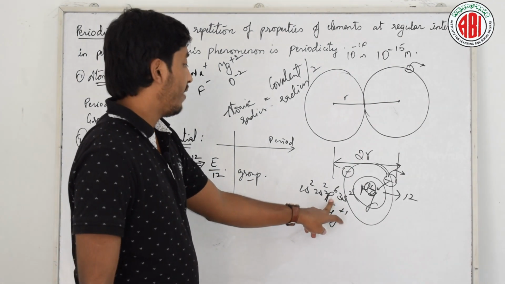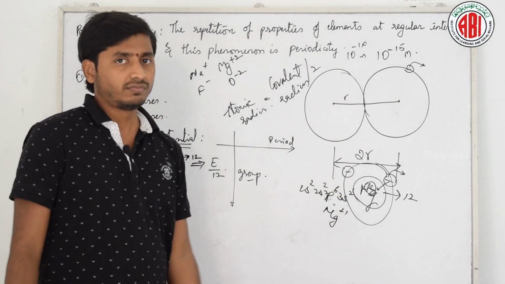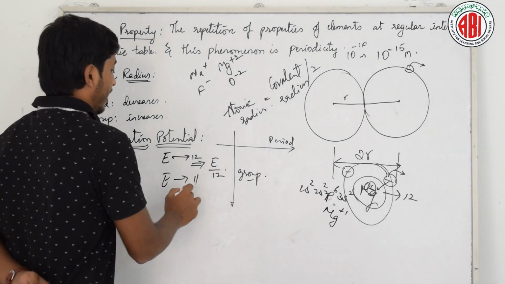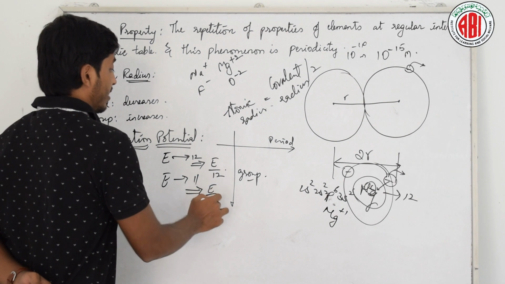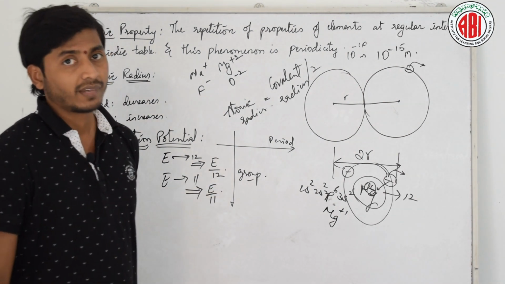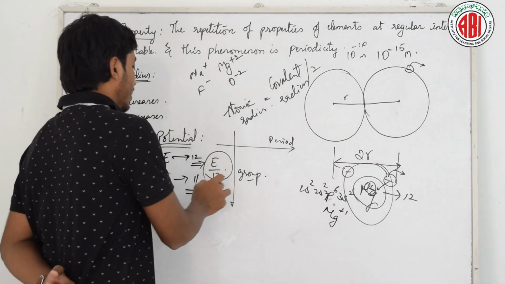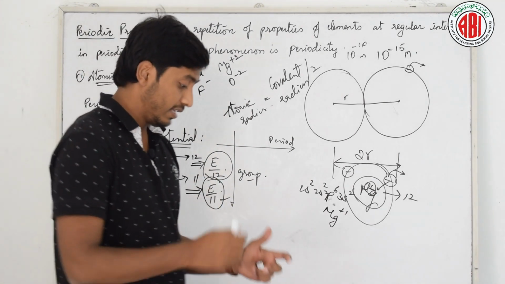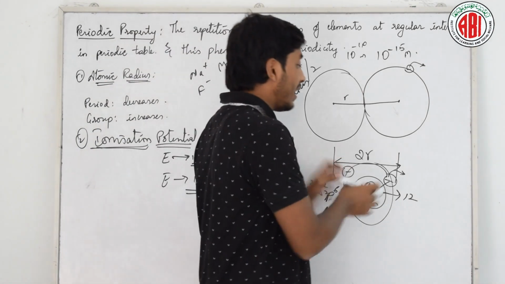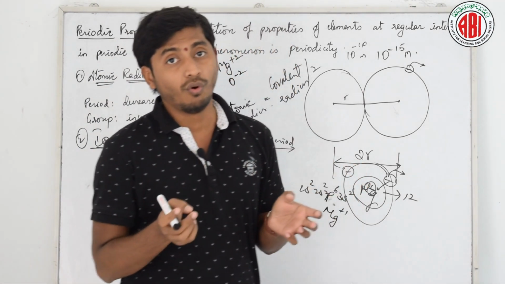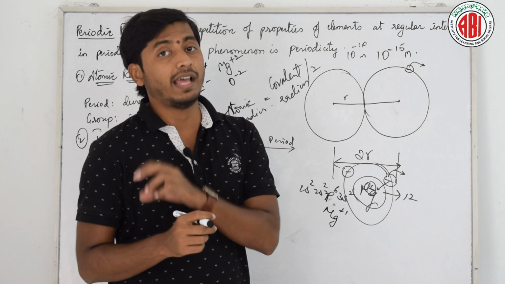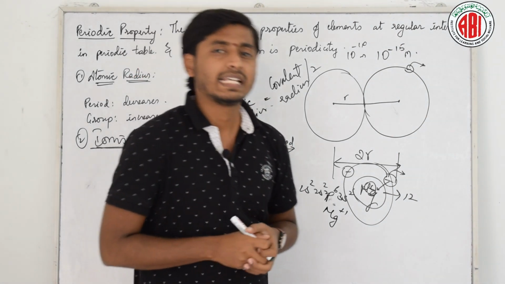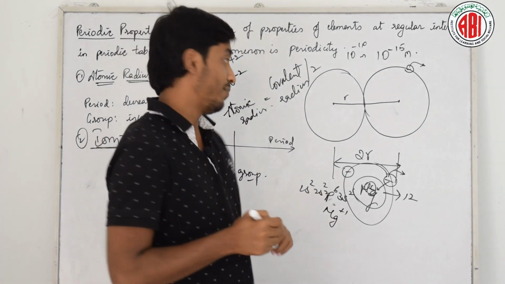Tell me, I have removed one particular electron, right? Then how many electrons do we have? We have 11 electrons in it. Therefore, the effective charge becomes E by 11, right? Now tell me which is more here? Obviously, E by 11 is more, which means the effective charge on the remaining 11 electrons is more when compared to a normal neutral atom, right? Therefore, the atomic size also shrinks. Is it clear? This is again a very important thing.